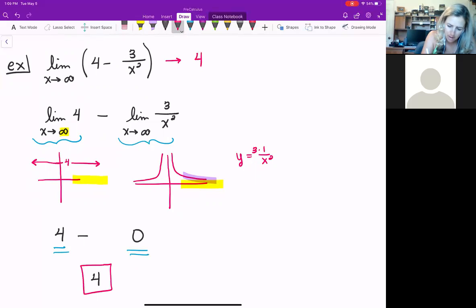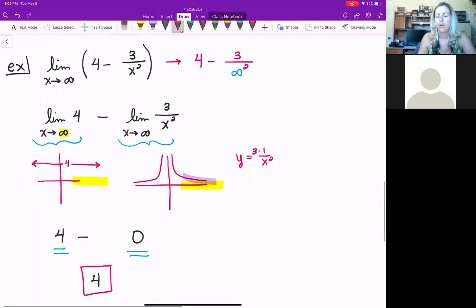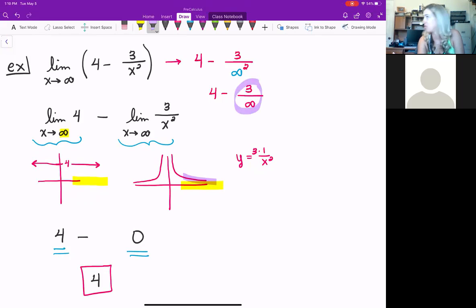So 4 minus 3 over, and I'm going to think about that infinity value. It's really an infinity squared. So whether you'd have infinity squared or you don't have infinity squared, this is really like 4 minus 3 over infinity squared, which is still an infinite number, like you're heading to an infinite value. And if you also remember when we did slant asymptotes, when we were dealing with rational functions,